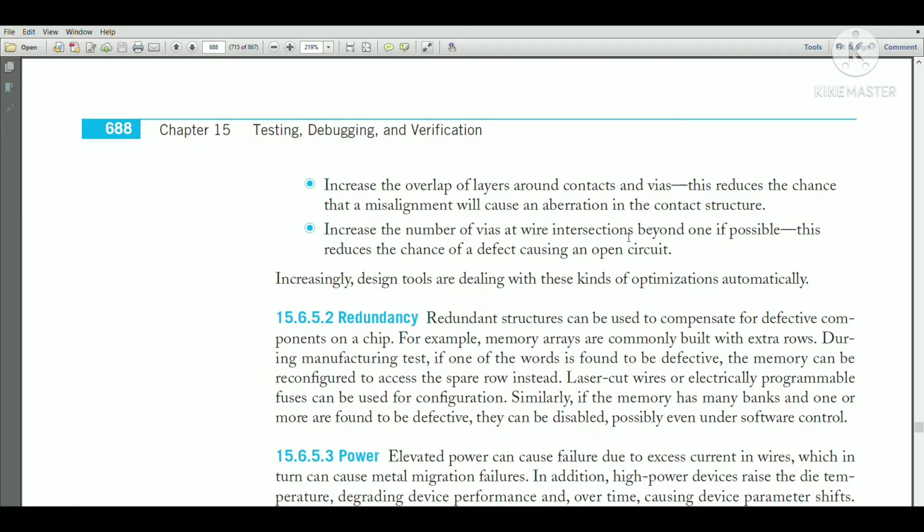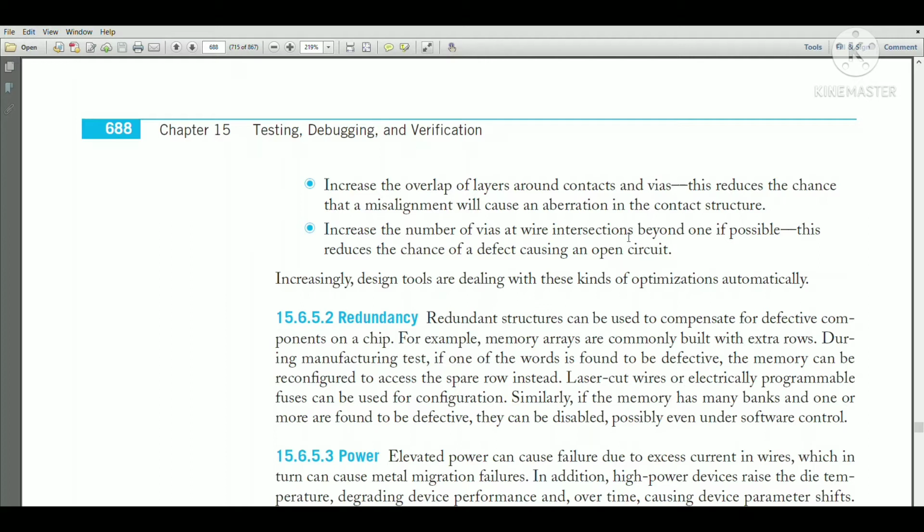So here we are talking about manufacturability. You have to see every possible thing that we have discussed till now. There may be a fault because of the short circuit, there may be a fault because of the open circuit, and there may be a fault of misalignment as well. So you need to check at every stage, and you need to ensure that there should not be any fault.